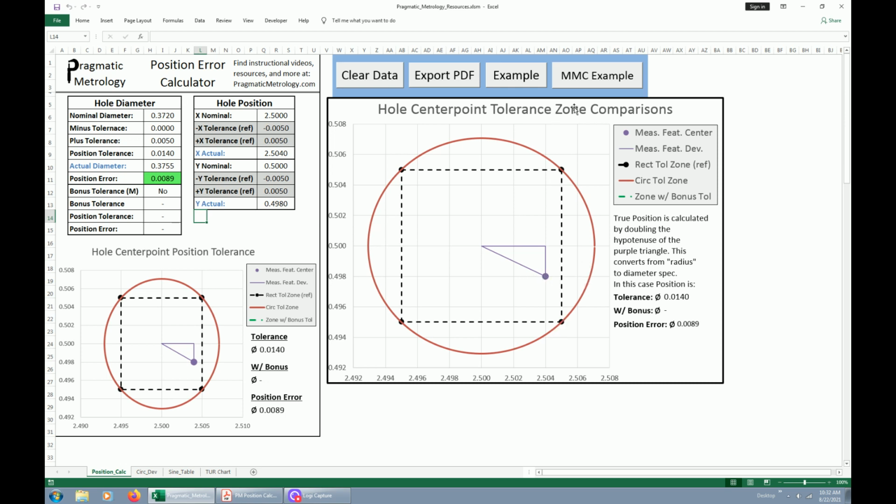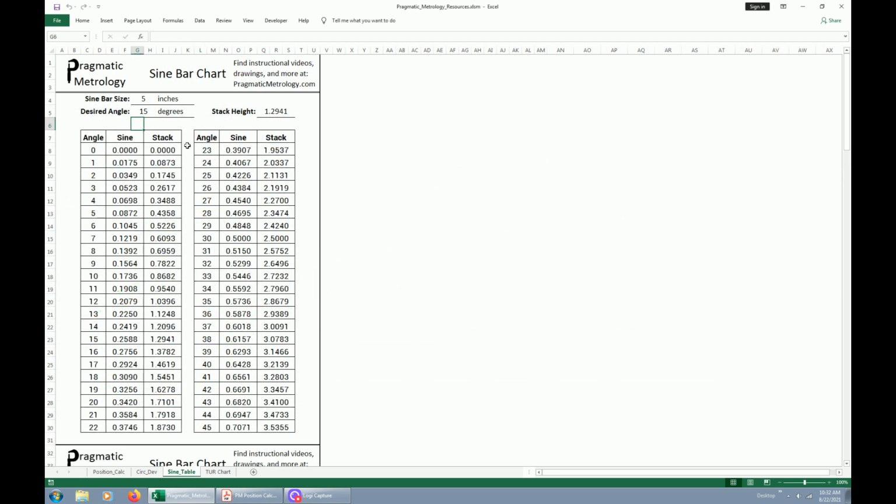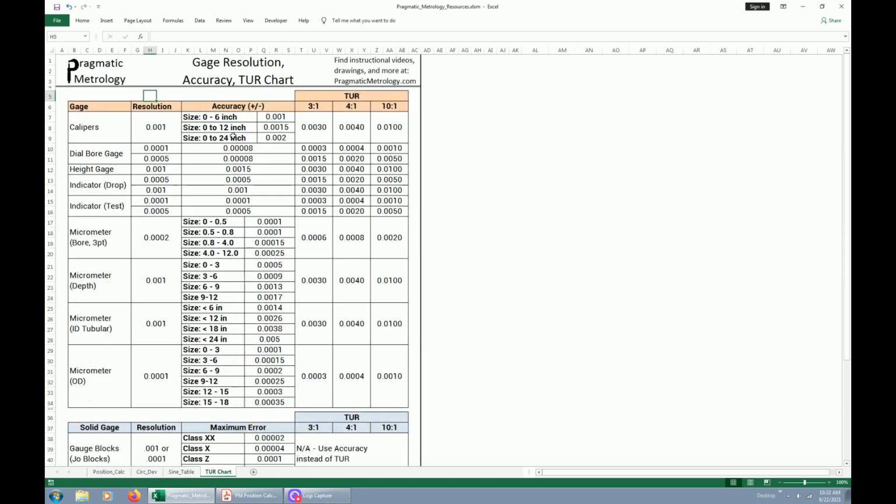zone you have. And if you bring in an MMC example, you've got a circular tolerance zone, and now you can see you're still within tolerance with the position and the bonus tolerance you get. So this calculator's here, as well as a sine bar table, which will calculate your stack height based on whatever angle you're trying to get to, 10 degrees, 8 degrees, whatever. It'll tell you the stack height you need to build with the Joe blocks, as well as a total uncertainty